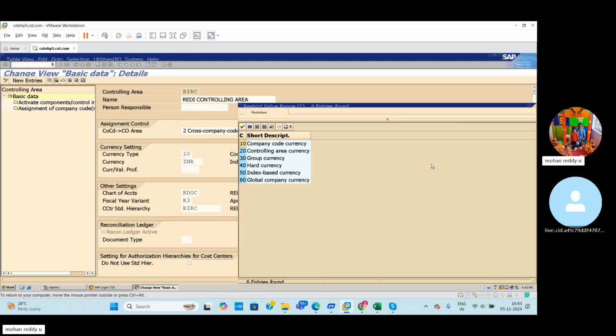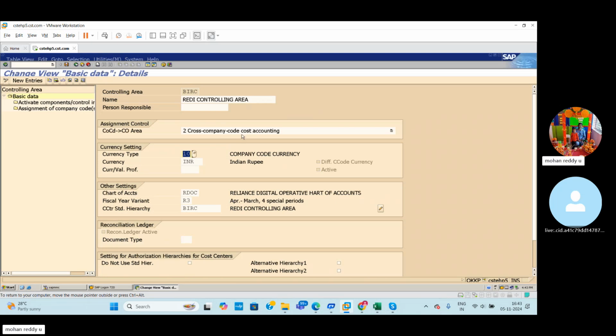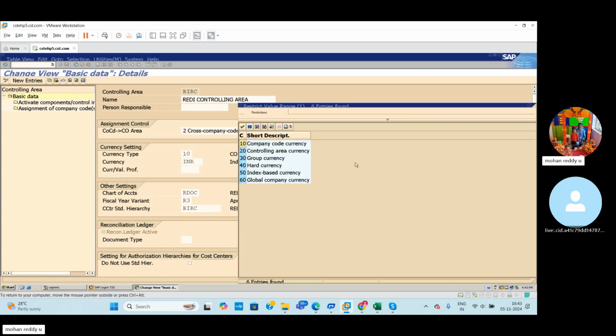The reports will be generated at all company code levels. It means that if the company codes are using the same kind of chart of accounts, then only the report will be generated. So if we are selecting multiple company codes here, cross company code cost reporting, then we will select the group currency, or else